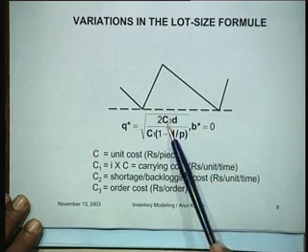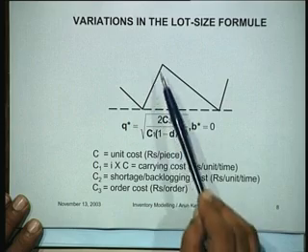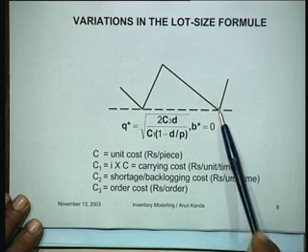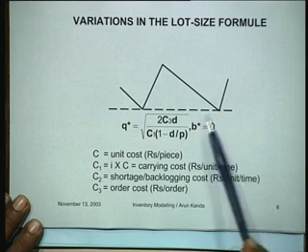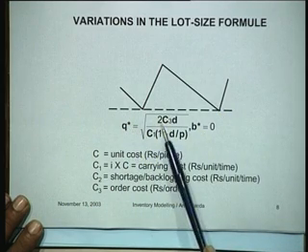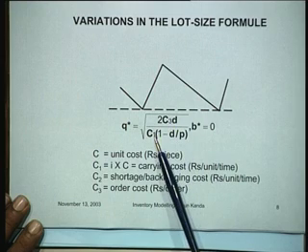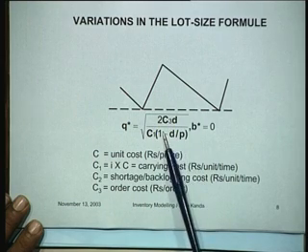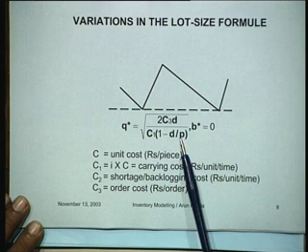However, if we consider a situation like this, where the production is taking place, or that this is a batch production situation. So from here to this particular point, production is taking place and thereafter only consumption is taking place. Then for this situation, the optimum lot size formula works out to the square root of 2C3D divided by C1. Only thing is, this is the additional factor which comes in the denominator, that is 1 minus D by P.